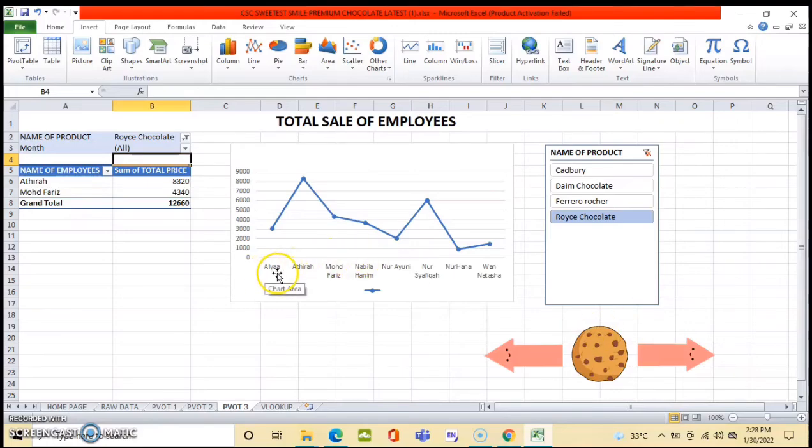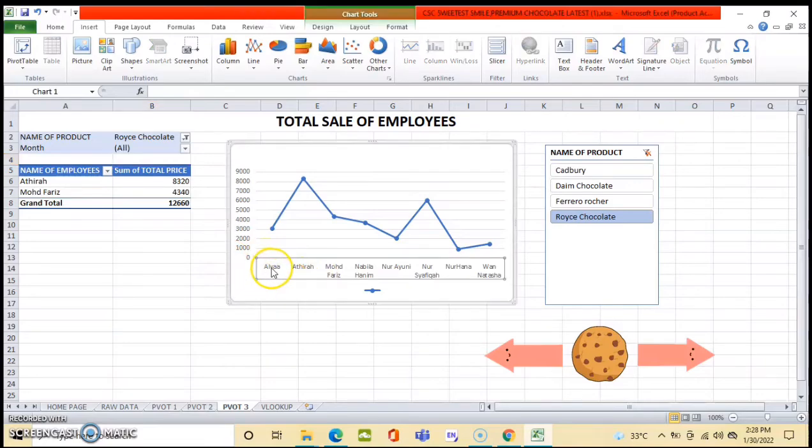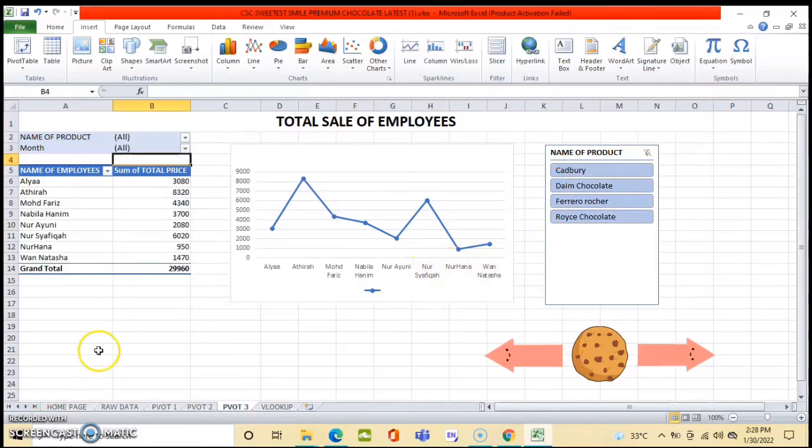So here I just inserted the names of the employees, which are Alia, Atira, Muhammad Faris, Nabila Hanim, Nur Ayuni, Nur Shafika Atira, Nur Hana, and Natasha. This is a list of the employees that I have mentioned earlier, and the sum of the total price, which is every type of chocolate they sell on a monthly basis.